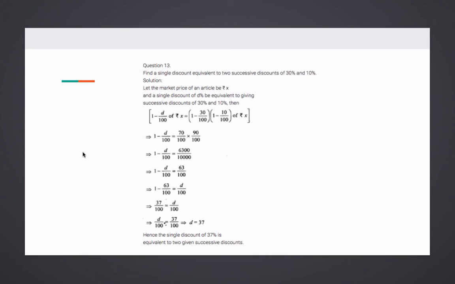Okay, 2 ways things can vary. For example, if I talk about the school board, you have done it earlier. You help your class teacher in doing your class board work. So if 5 students are doing all of the board work, the complete display board, what will happen? You will take more days to complete the board work. But if all 32 students of my class are working for the board, what will happen? Within a day, or within less time, we can complete the same board. So this kind of variation is what? It's not direct, because as the number of students doing the work increases, the time taken is reducing. The time taken will be less.